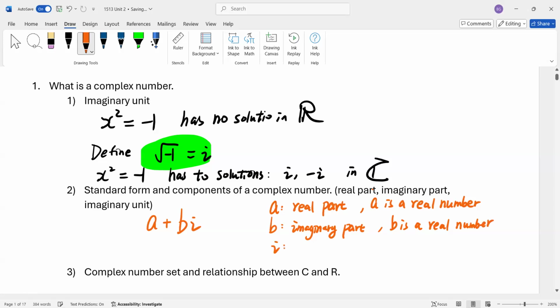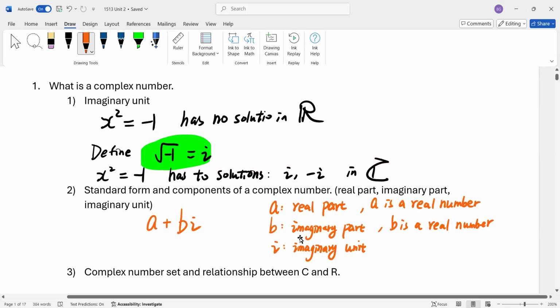Here we have just covered: i is the imaginary unit. When you learn a language, you do need to recite the vocabulary and the grammar. This is mathematics in language. It is necessary to know those terminologies. And the imaginary part and the imaginary unit